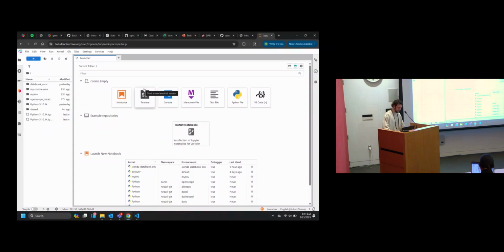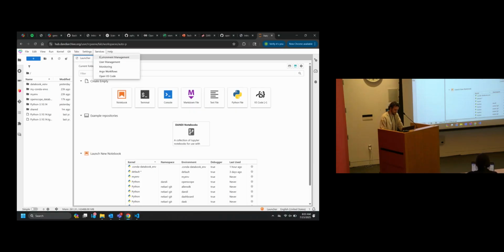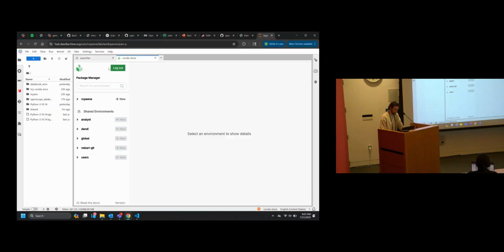This is going to be a live demo. Okay, so I have my, let's see if we can get this working. I have my Dandy Hub up and running. To get the DataBook environment working, you want to go to Environment Management,